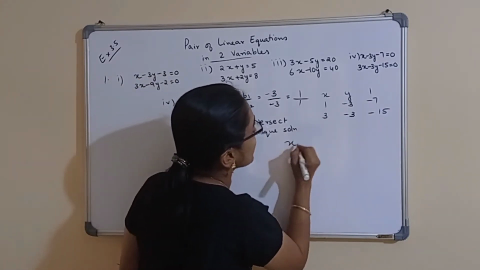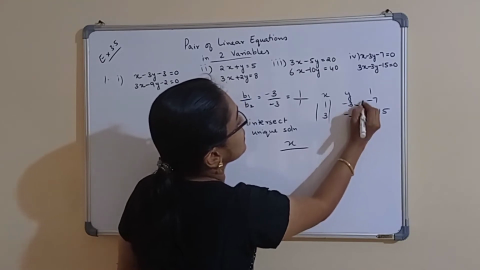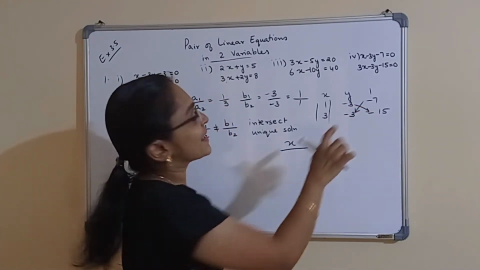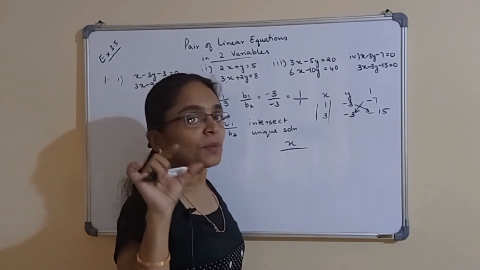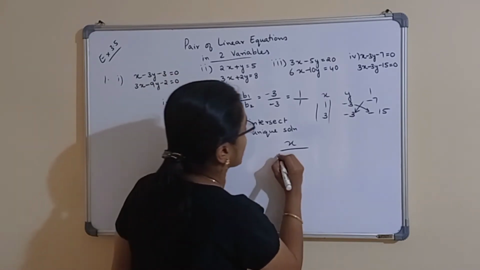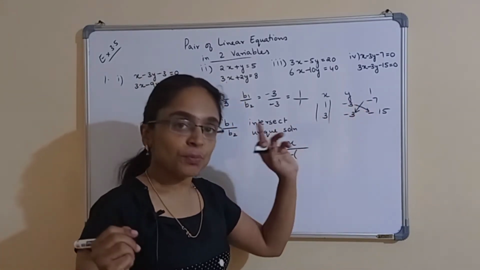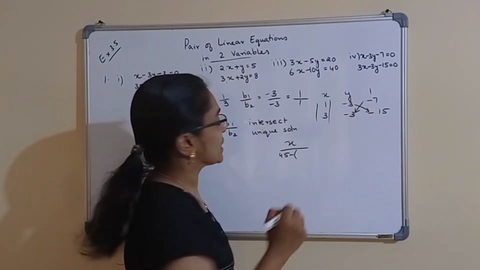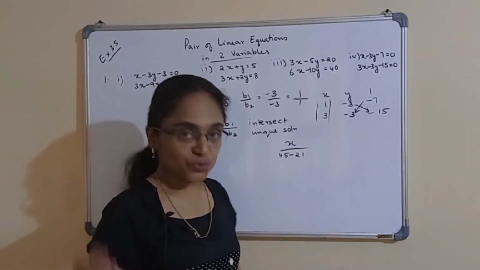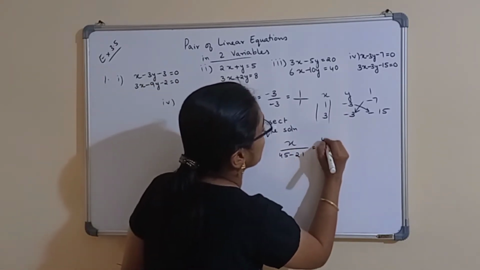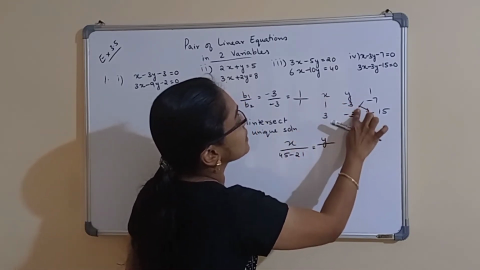Now, when we are writing x, don't take this column and multiply in this order. That is, minus 3 into minus 15 is plus 45. Then minus 7 into minus 3 is plus 21. So, we can write here 45 minus 21 is equal to y by,